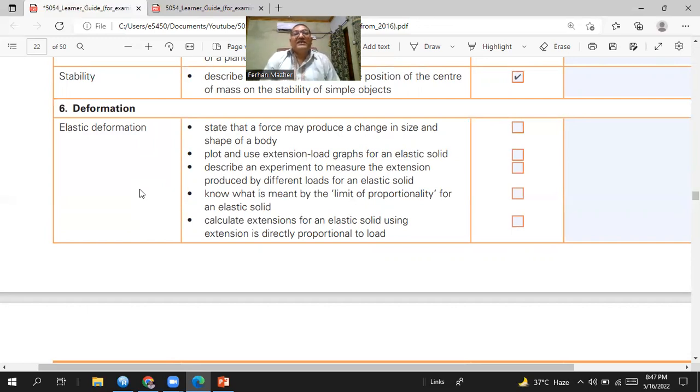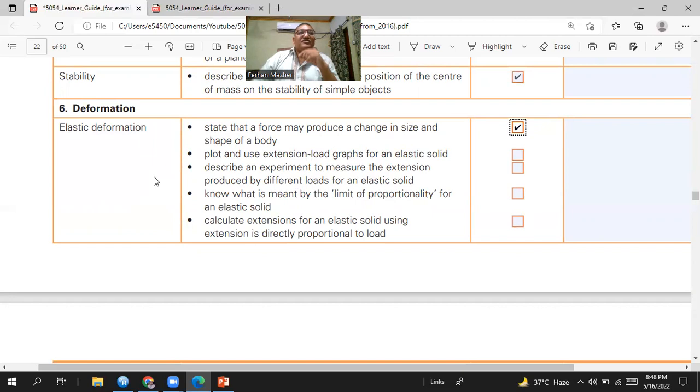So it means that the size of the body has changed, and the shape of the body will also change. But normally you see what happens when you do this and you do not cross some limits, we will discuss that. When you release it, the body comes back to its original shape. So this is called deformation, and the change in the length which is produced is called